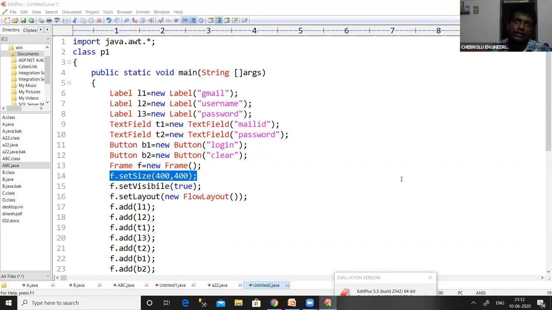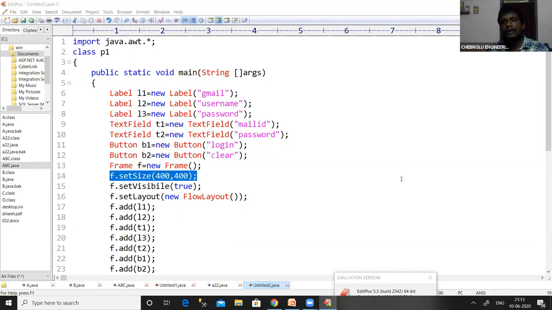And on the container, while we are going to add two or more components, one component will be overlapped by another component. So finally, if we add 100 components on a container, the last component will be displayed.